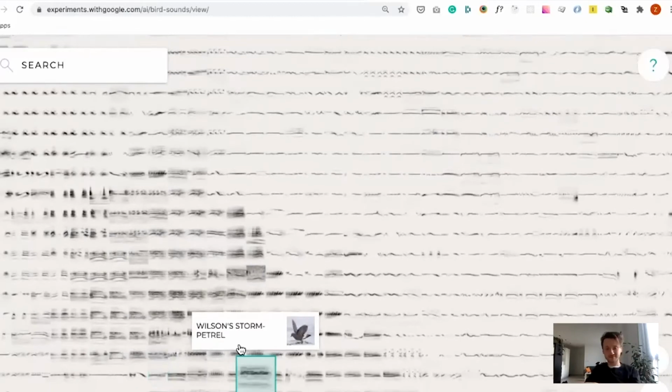And let's see if this loads. And you see that similar types of birds end up in a similar part of this visualization because they sound very similar. So here we have kind of high pitch tweets, I suppose, where you can go to a different spectrum where you have much, oh, that's much deeper sounding